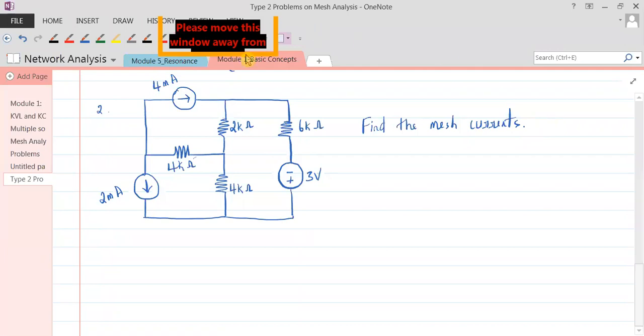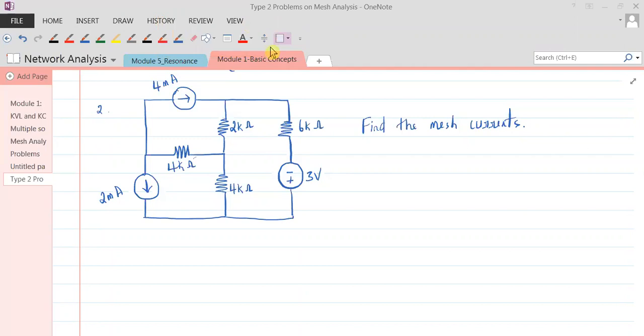Now I'll take one more person. Is there anybody who can volunteer? Who would like to volunteer? Raghavendra, can you come out, man? Yes, sir. Raghavendra, let's have discussions here. Now in the previous problem we have seen we had 2 meshes, 2 currents. We had 1 current source. What was the advantage there? How many KVL problem was that? It was 2 current, 2 mesh, but 1 KVL problem.